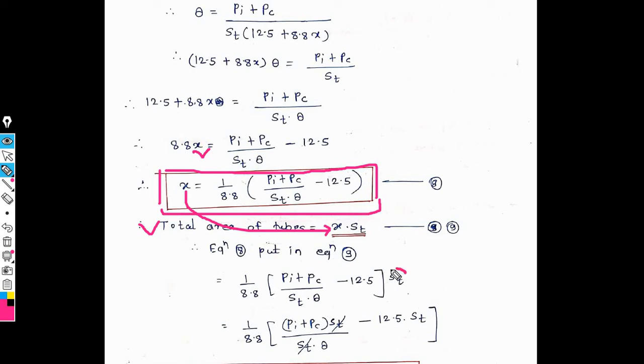Then this ST is multiplied by both terms. This is also multiplied by this. Then it is equal to 1 upon 8.8 into bracket Pi plus Pc into ST upon ST into theta minus 12.5 into ST. Then ST gets cancelled. Then the next equation is